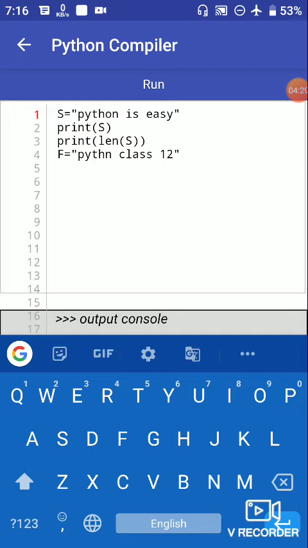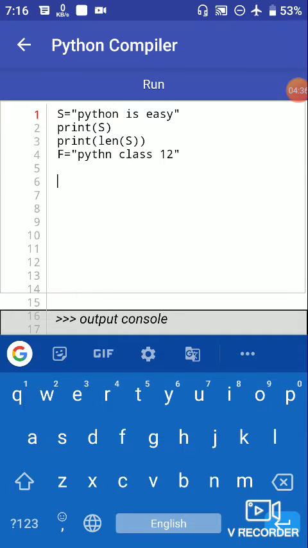Now I am trying to add both strings using the concatenation operation.